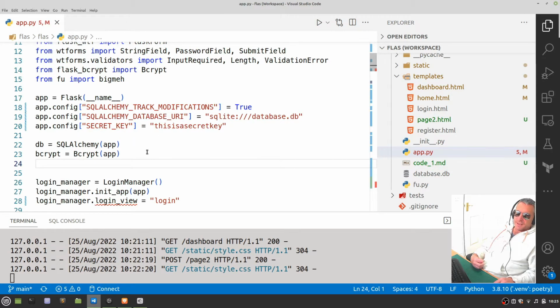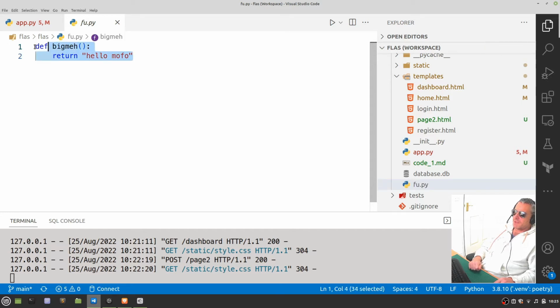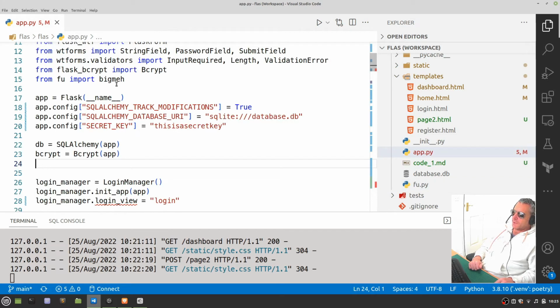So we've got a front end, we've got a database, and then we've also got some Python functions, or a Python function, which I've written inside fu.py. And all this is just called big meh, and it's just returning some text. Obviously, we can expand on that in the future and add in whatever functions we want. We could have 10, 20 functions inside this file, and all I'm doing is importing that on line 15